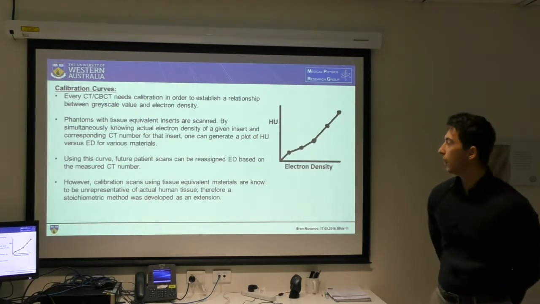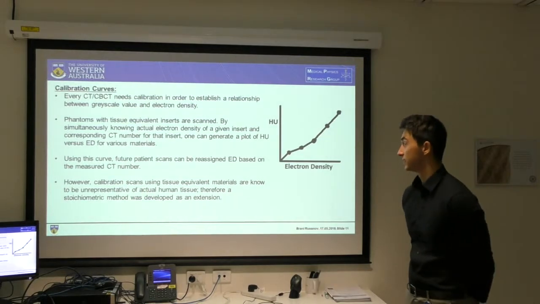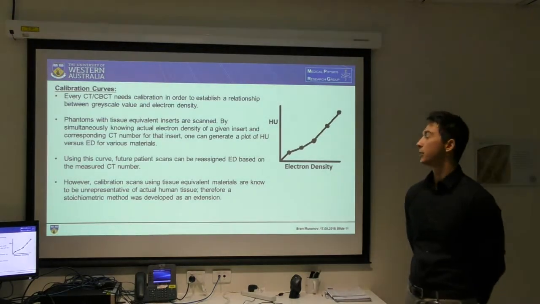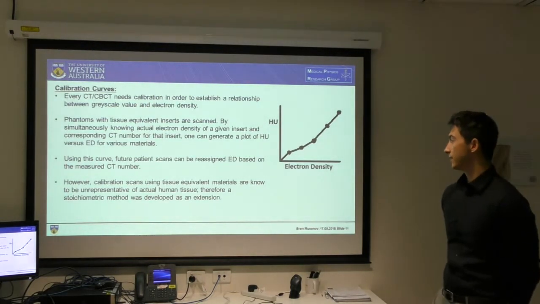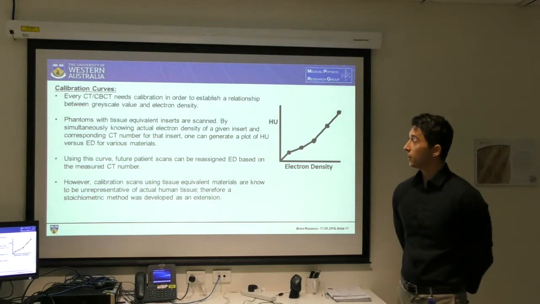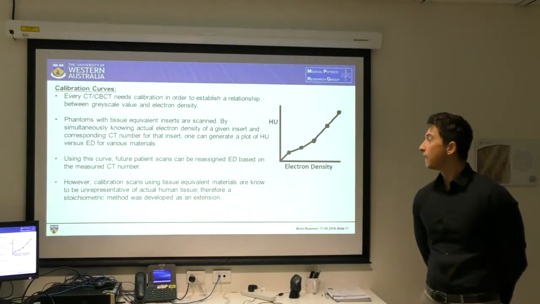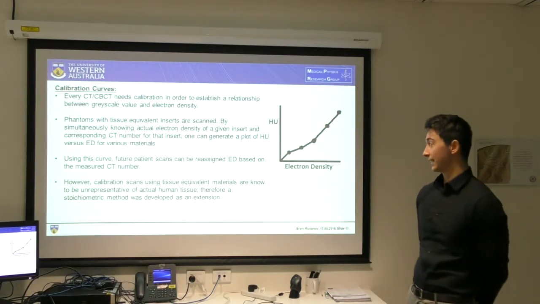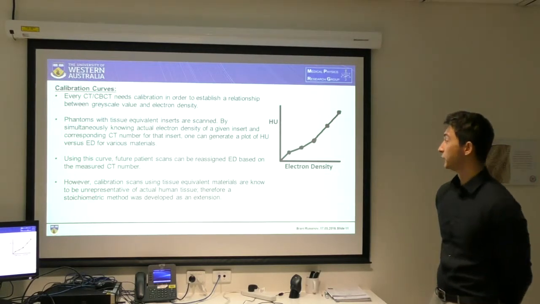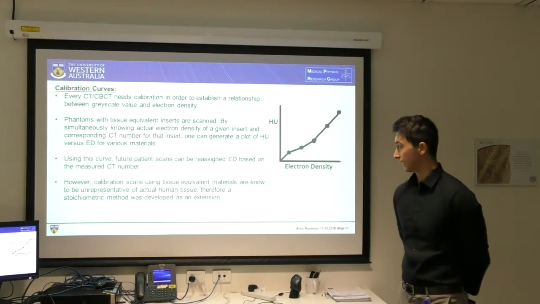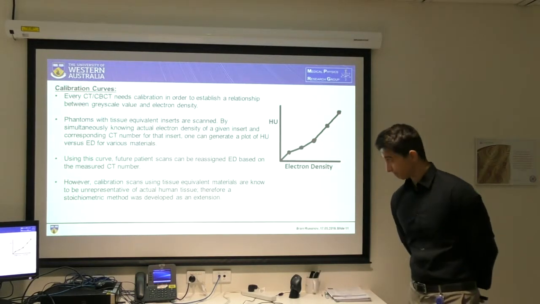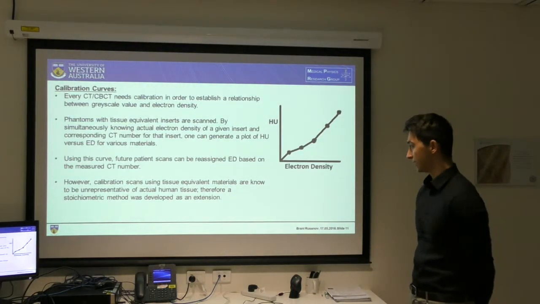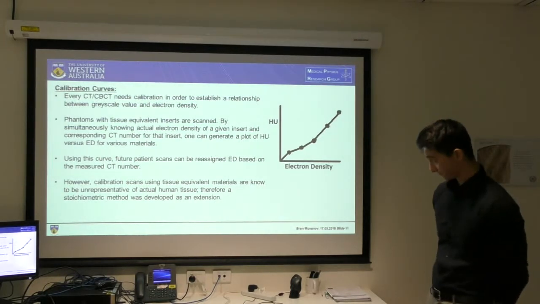Before, with every CBCT machine, a calibration needs to be performed in order to establish a relationship between the grayscale value and the electron density. Phantoms with tissue equivalent inserts are scanned, and by simultaneously knowing the actual electron density of a given insert and the corresponding CT number for that insert, one can generate a plot of HU versus electron density for various materials. Using this curve, future patient scans can be reassigned electron densities based on the measured CT number. However,